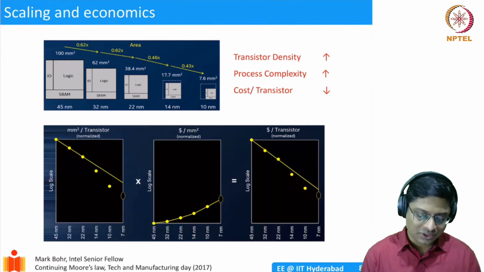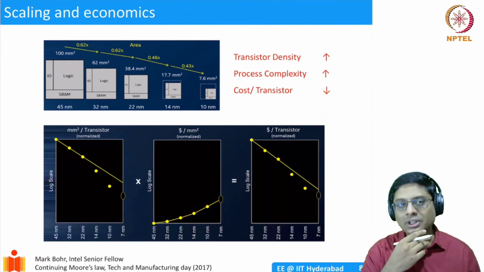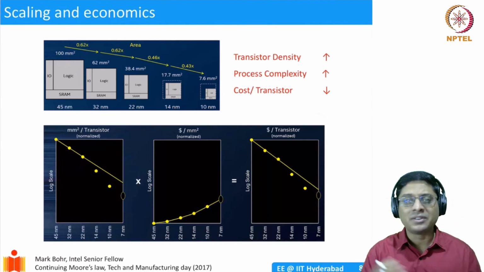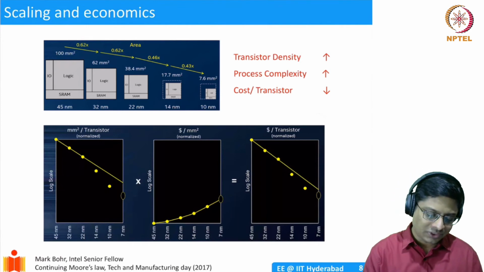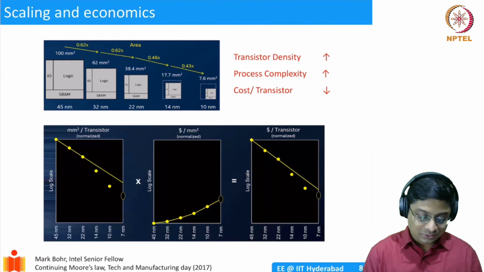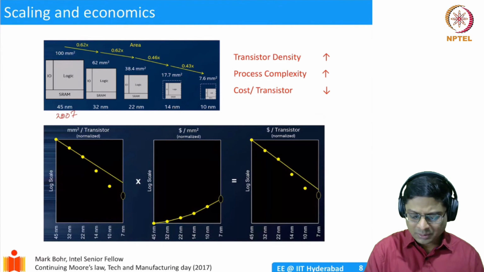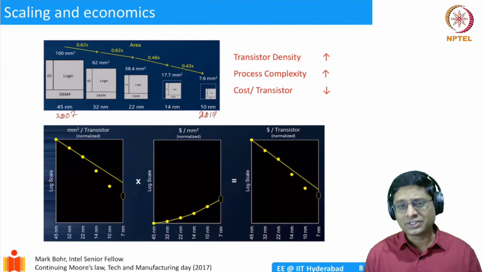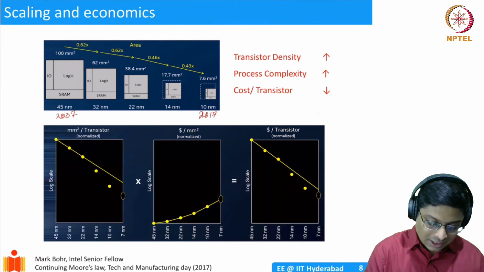the technology is about. Okay, this is a slide which I have taken from a presentation by Mark Bohr at Intel in 2017. He gave a presentation on continuing Moore's law, and in that he shows how the processor areas have reduced. So this is 45 nanometers, that means this was about 2007, to this 10 nanometers, which would be about 2017 maybe, or 2016 or 2018. Okay, so in about 10 years, the area has shrunk.